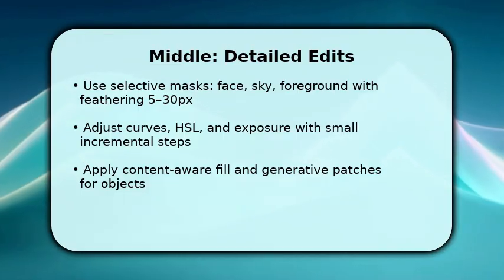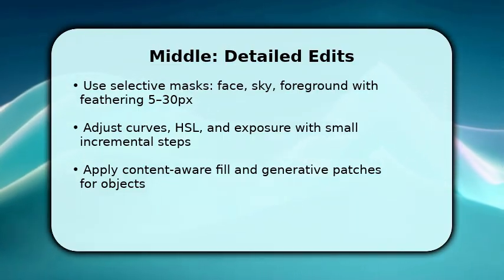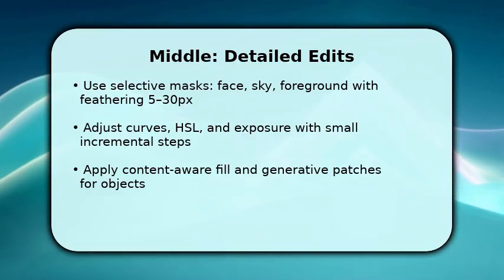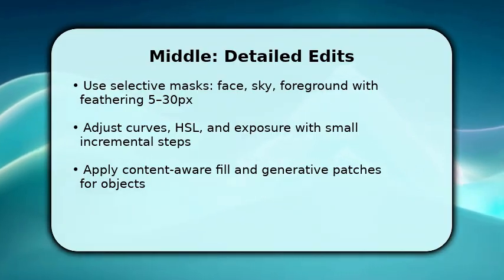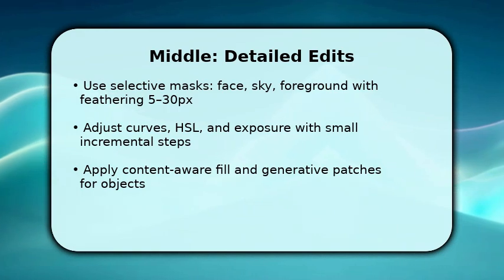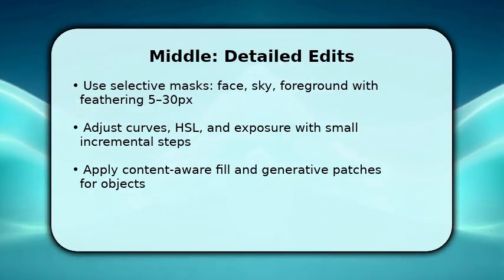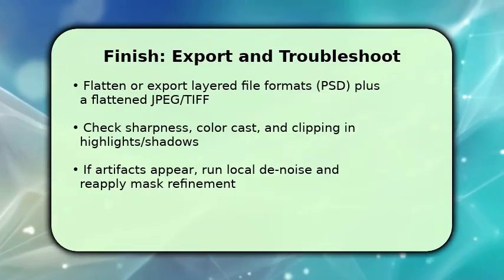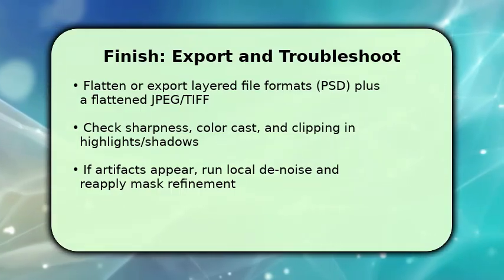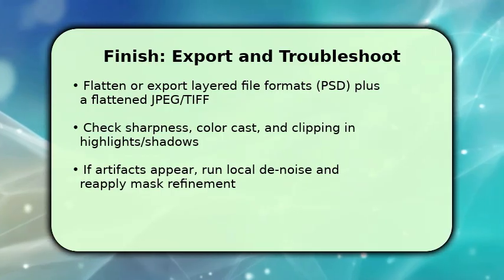Use generative patching to remove or replace objects and confirm texture consistency by toggling before/after. Make layer groups for color grading, retouching, and final effects so you can fine-tune opacity and preserve earlier edits without losing the original image. To finish, validate output by inspecting sharpness, color cast, and clipping using Gemini's histogram and 1:1